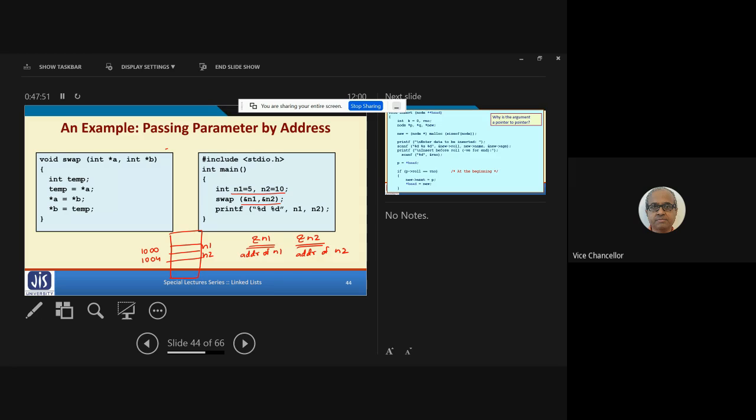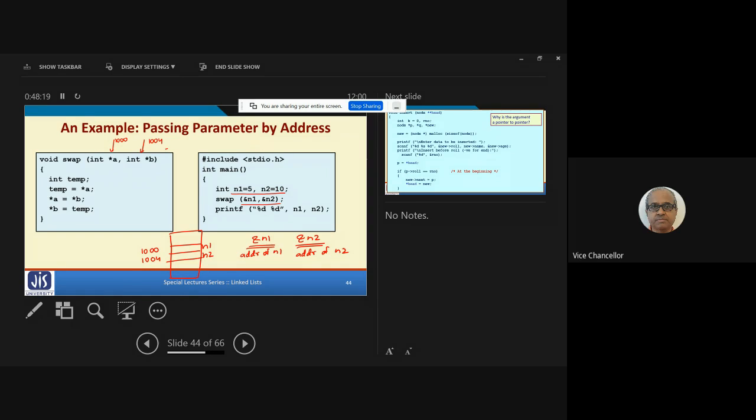So whatever gets copied into the parameters will not be 5 and 10, but the address of n1 and address of n2, which are 1000 and 1004. Is this clear? Yes, sir.